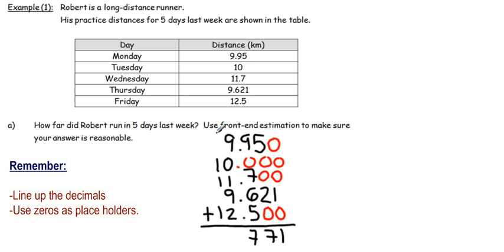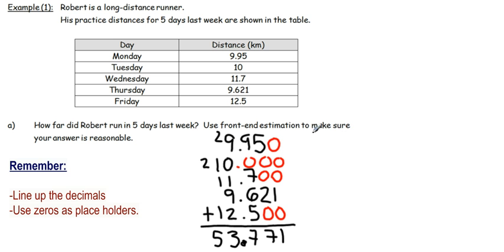Put down your 7, carry your 2. 9 plus 1 is 10, plus 9 is 19, plus 2 is 21, plus 2 is 23. Carry your 2. And 2 plus 1 plus 1 plus 1 is 5. And our decimal in our answer goes in line with the decimal in the question. So we ran a total of 53